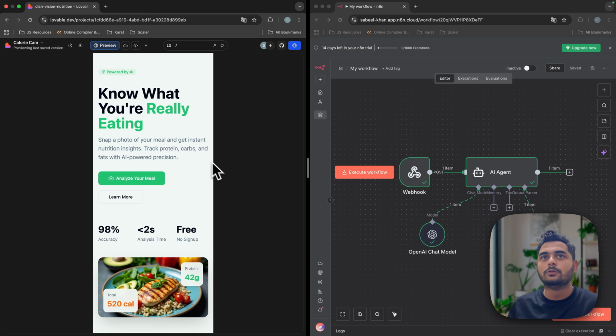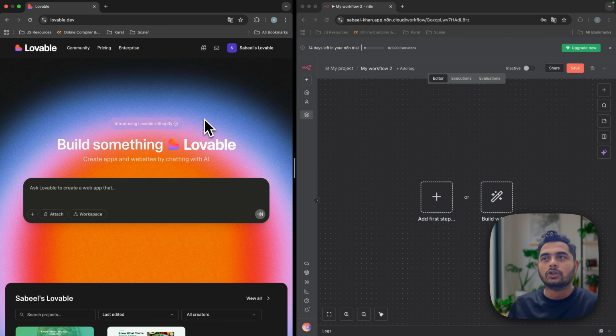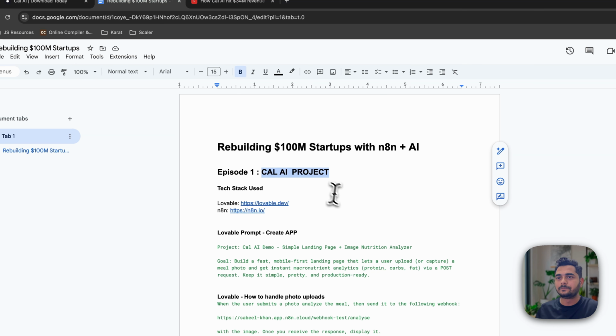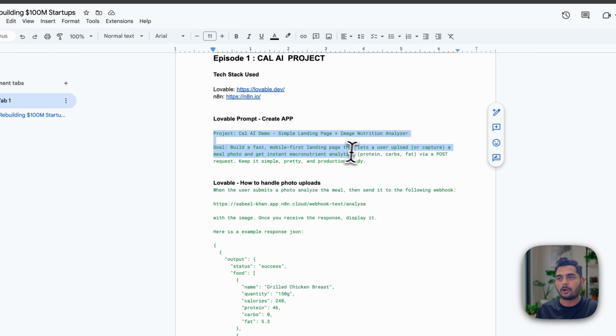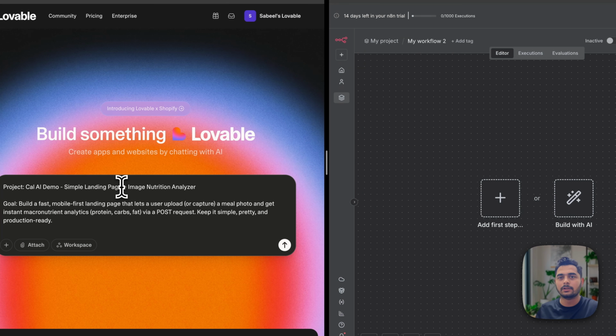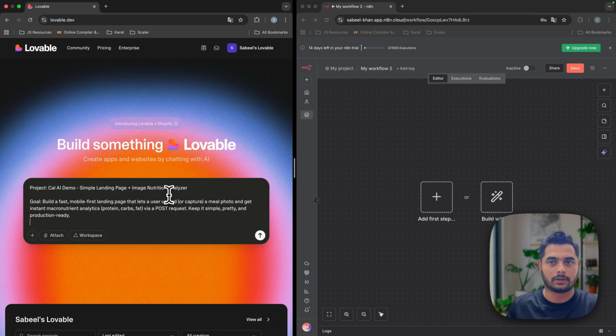Okay, so without further ado, let's start building this. On my left, I have Lovable with a blank project, and a blank n8n workbench, wherein we can build out the n8n graph and put the things in here to create that whole automation pipeline for us. So let's start. I already have a prompt right in here, which I can directly give to Lovable so that it can create the whole application for us, right? So first we'll create the application part, and then we'll dive into creating the n8n